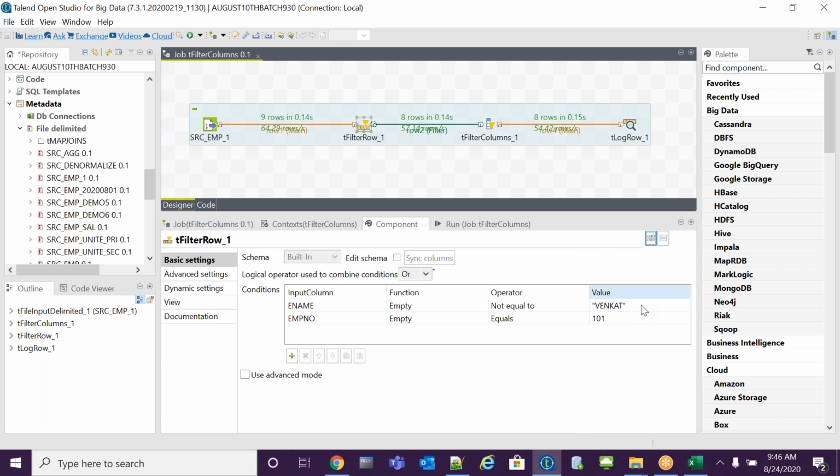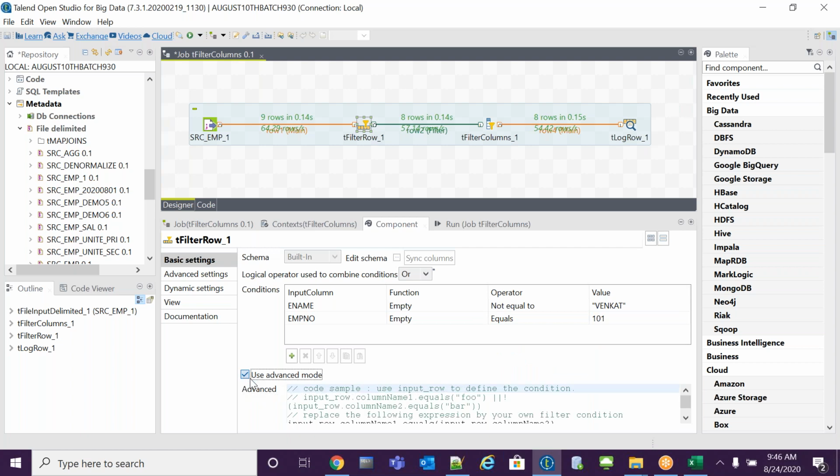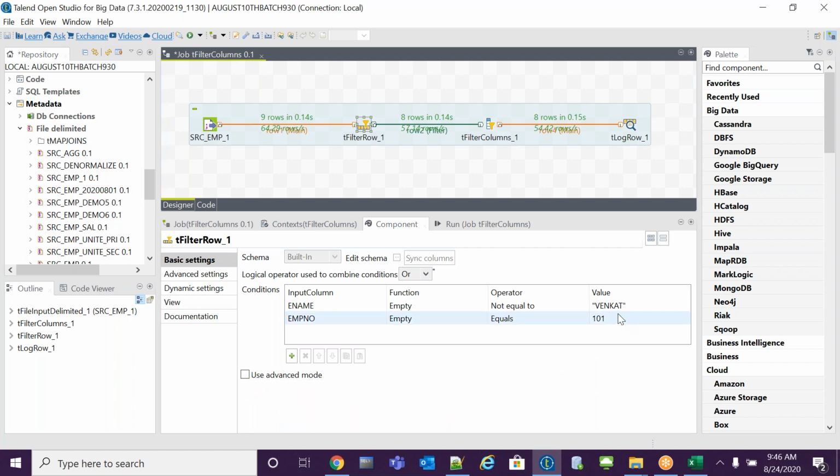Oh, you want tFilter here, ename equal to Venkat, not equal to Venkat. So we can't give multiple values here. Then we have to go for list. Yes, we have to capture it as a list and then filter it. We have to do the aggregation in the list. There is a tAggregateRow component.